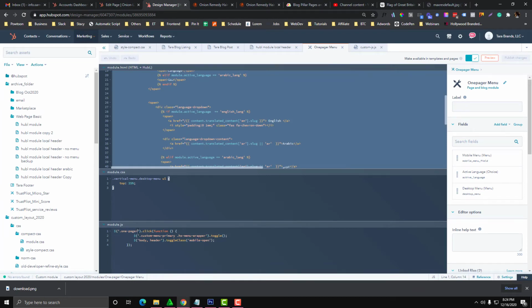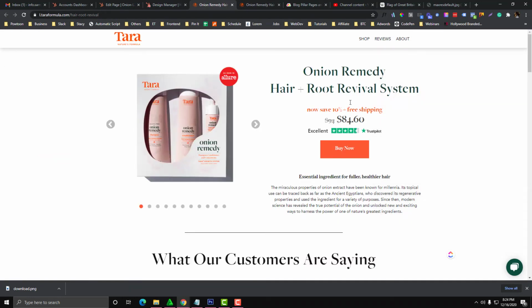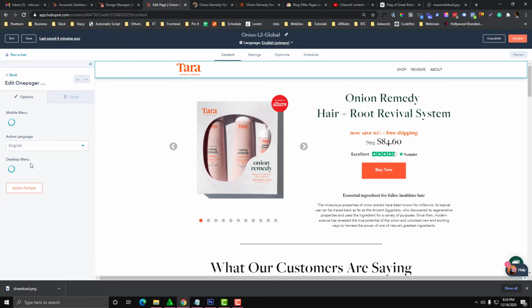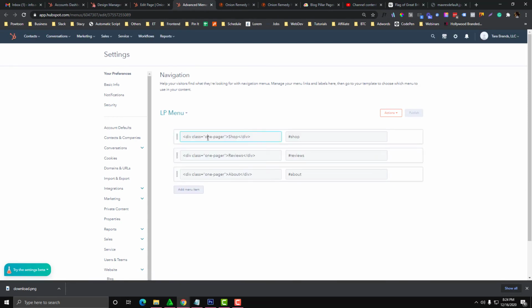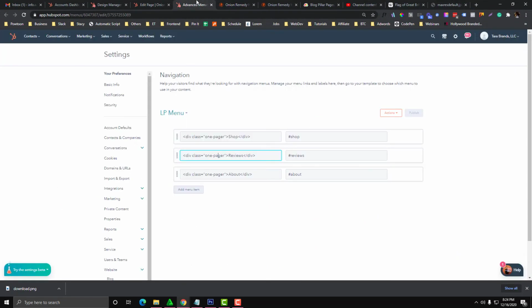So if I click the one pager, so this one pager. So where did I get the one pager? It's in the, hold on. So the logic in that, let's just open this top menu in here, and then let's open the mobile menu. So in the mobile menu, I added a class called one pager class. If the one pager class is clicked, because if we didn't do that one, so let's